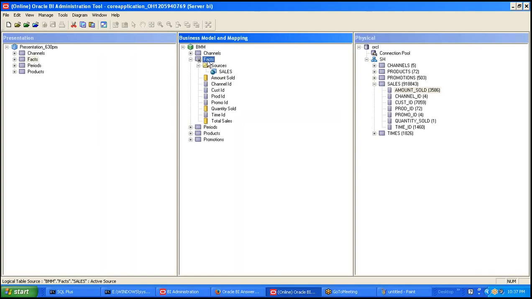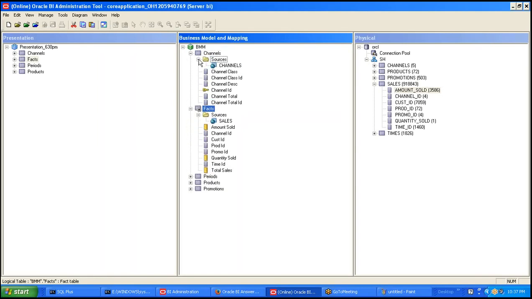For every table, if you observe, there will be an LTS. What is that? LTS means logical table source. This is called a logical table, and for this logical table the source is this one. You can even rename it.